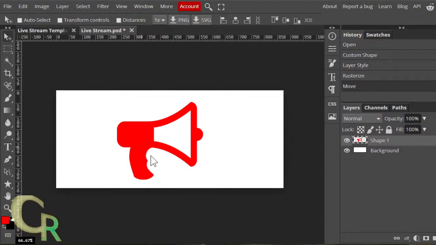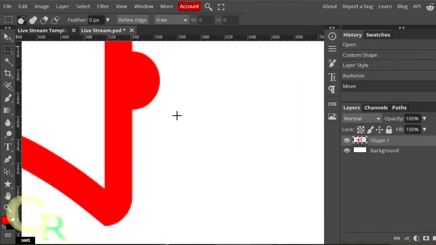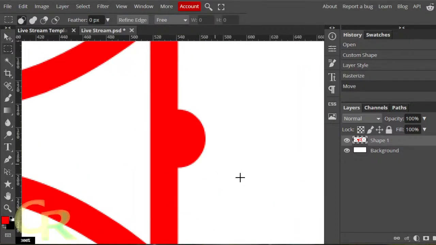How can I make this a little bit more unique so it doesn't look so generic? Maybe I'll make that one little spot different. So I'll select the rectangular select.